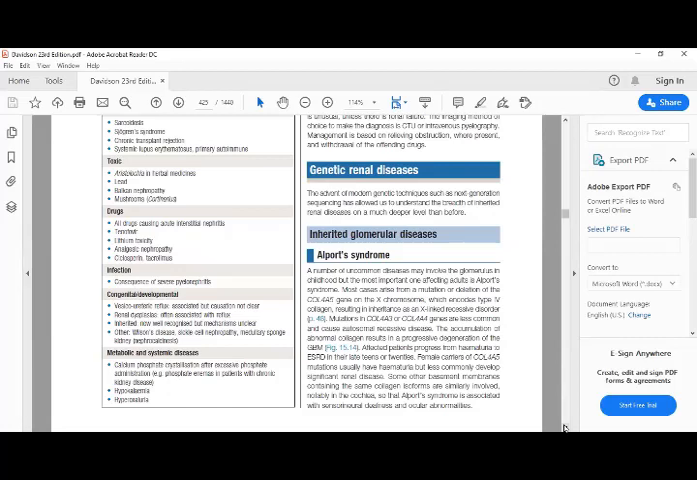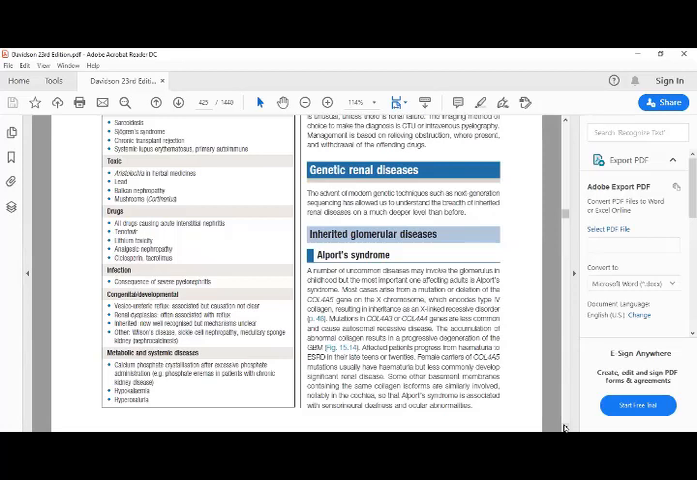Vesico-ureteric reflux is associated, but causation is not clear. Renal dysplasias are often associated with reflux, inherited, now well recognized, but the mechanism is unclear. Others: Wilson's disease, sickle cell